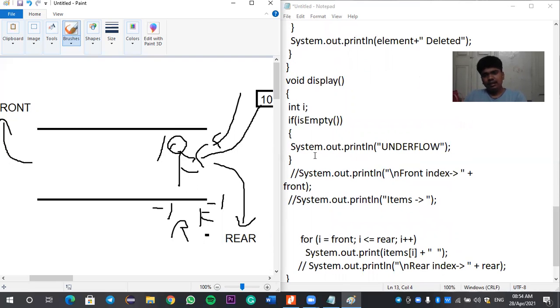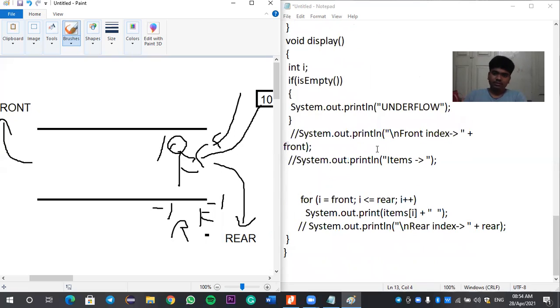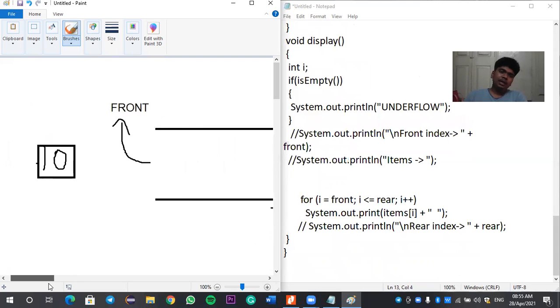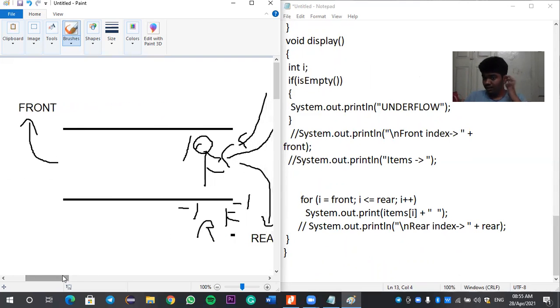So display is nothing but it will just check for isEmpty. If the queue is empty, then there are no elements to display, right? So it will just pass a command like underflow, and otherwise, as I said before, display or delete will be the same in the case of this queue, because display is nothing but we will just display the values which are at front. So it will display the values from the front index, and for i is equal to front, i less than or equal to rear, i plus plus.